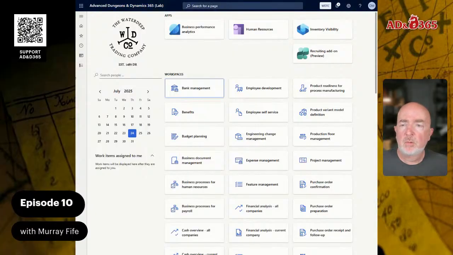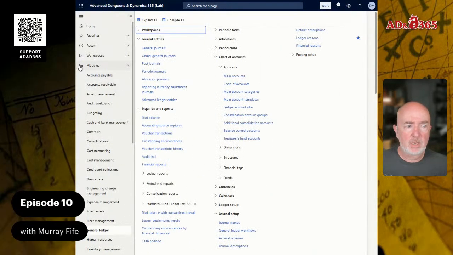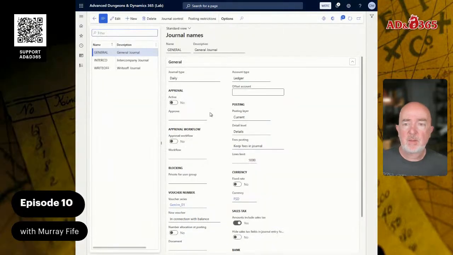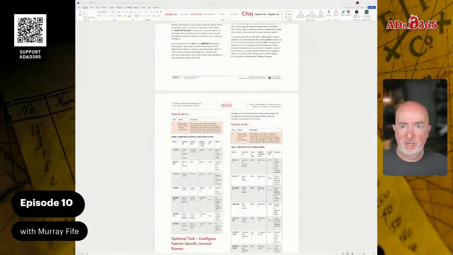So what we need to do though is we need to go out and, if I look at my journal names, I've only got the general journal, the intercompany, and the write-off journals. So in the previous steps, we didn't set up all of the other journals. So if I look at the documentation that I've got from the previous section,